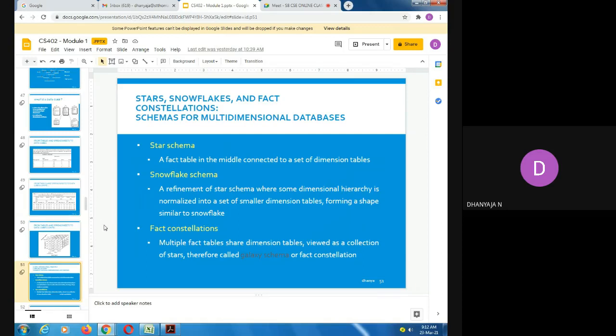Now, coming to snowflake schema, it is a refinement of star schema where some dimensional hierarchy is normalized into a set of smaller dimension tables, forming a shape similar to a snowflake. Now, coming to fact constellation, multiple fact tables share dimension tables, viewed as a collection of stars, therefore called galaxy schema or fact constellation.